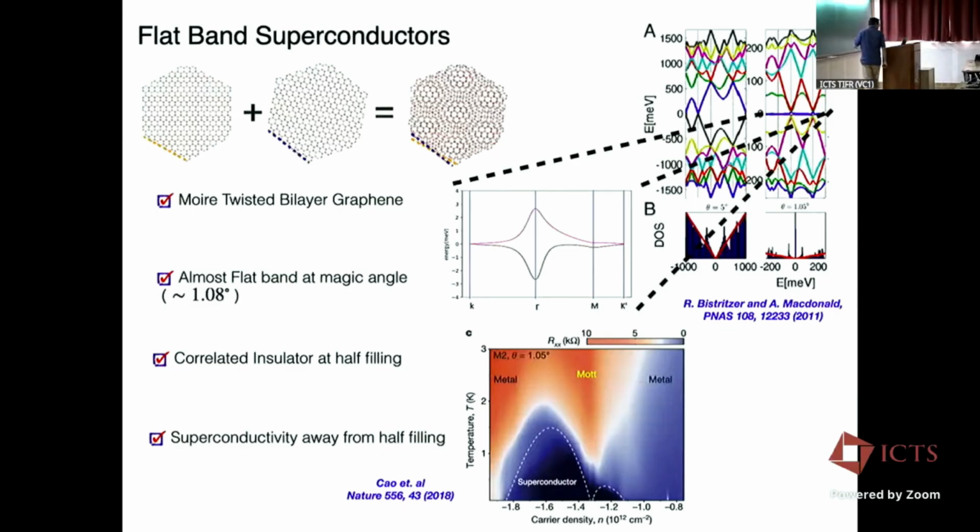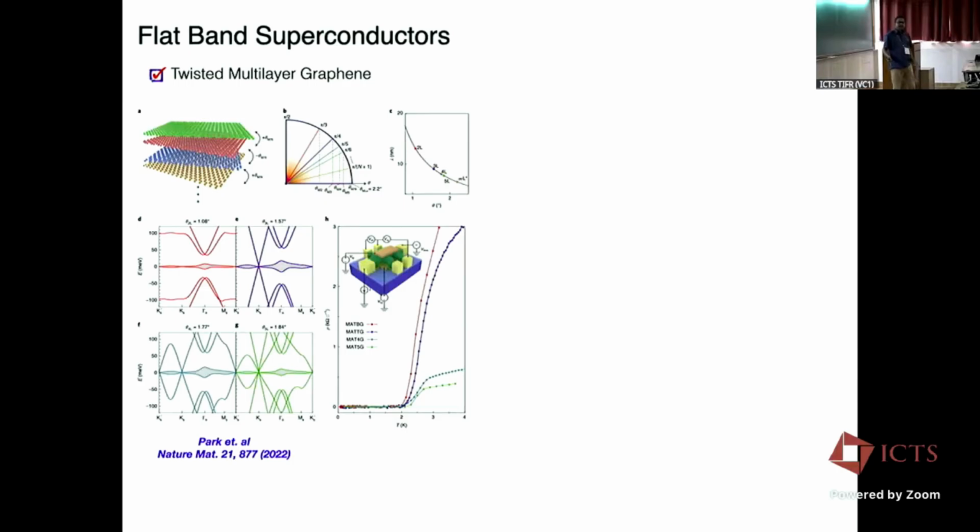Okay, so you have superconductivity in this. The next thing I want to point out is that by now, we are not looking at a single material. This is a paper which came out in 2022, where essentially you look at different numbers of layers of graphene and twist them in different ways. There is MATBG, there is twisted tri-layer, which is 3 layers, 4 layers, and 5 layers. And all of them show superconductivity in some doping regime, at some particular magic angle, and at some low temperatures.